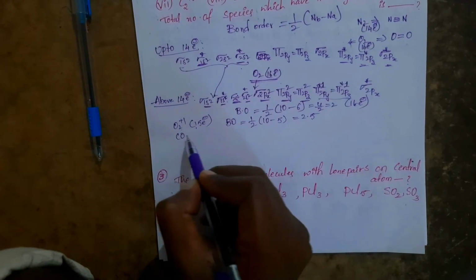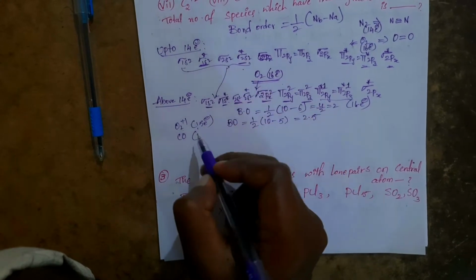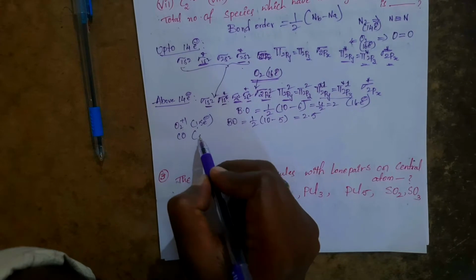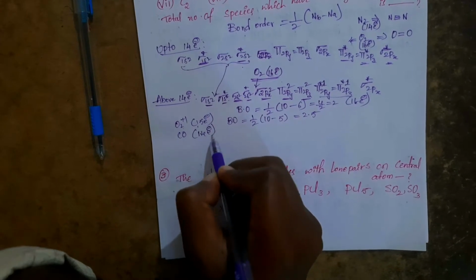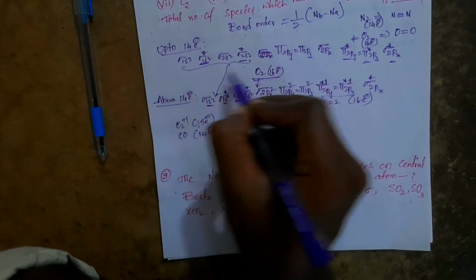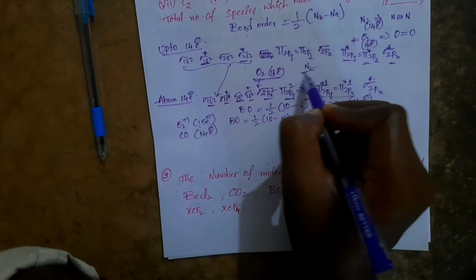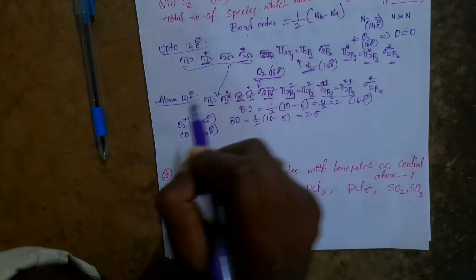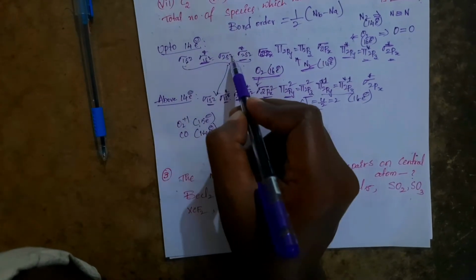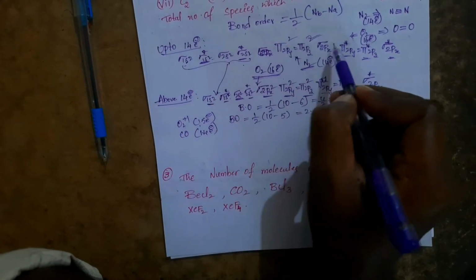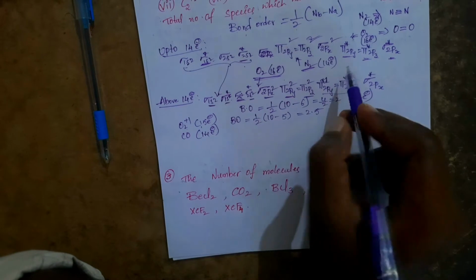Next, take carbon monoxide. How many electrons does carbon monoxide contain? Carbon contains 6, oxygen contains 8. So a total of 14 electrons. 14 electrons means nitrogen configuration. You see here in the case of the N2 molecule, that is a 14 electron containing molecule, this is the configuration here. In this case 2 plus 2 plus 2 plus 2. Here 8 completed, so 10, no, 12 completed. Here 14. 14 are completed.